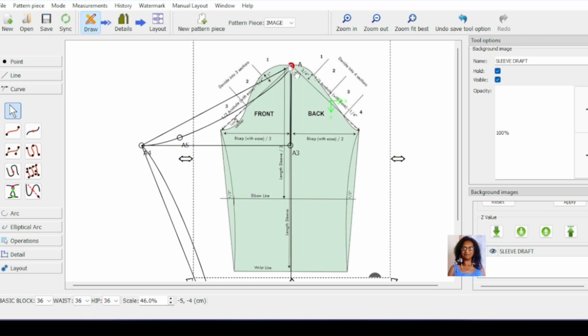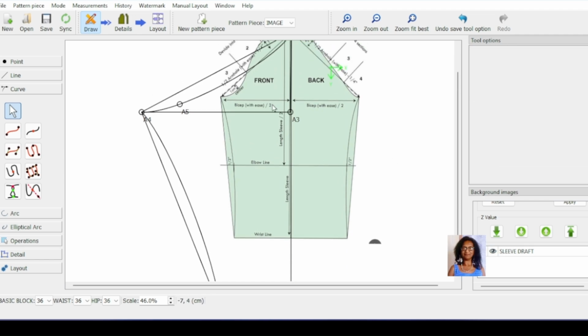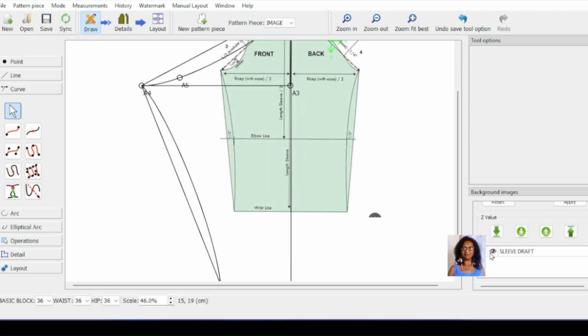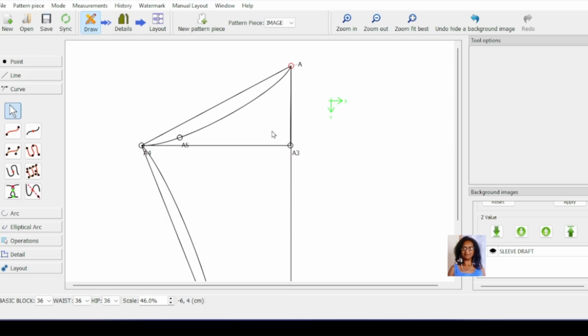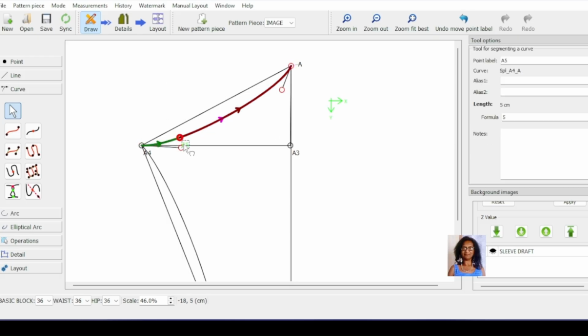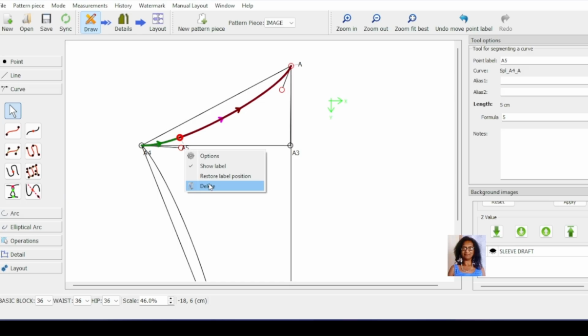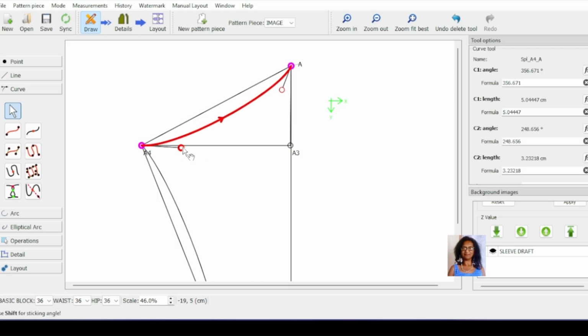Let me get a simpler pattern to show you. Or you can put a dress pattern or whatever. I'm just showing you this sleeve pattern that I just got off. Okay, and then when you hide your pattern, then you'll have your full pattern piece that you had drafted. I'm sure you got the idea. I'm just going to draw this, and I'm going to curve my pattern piece according to